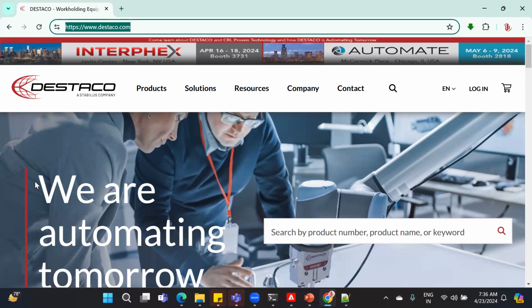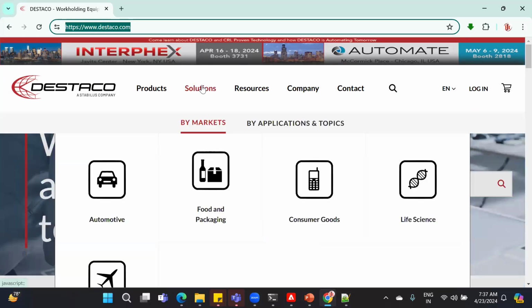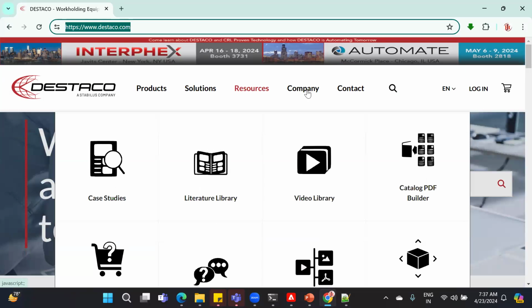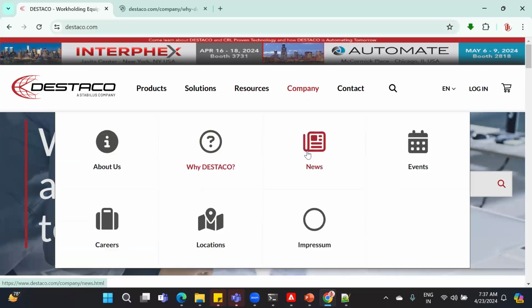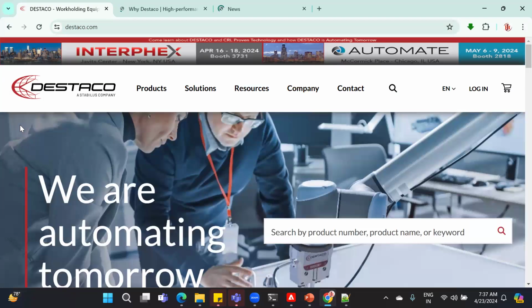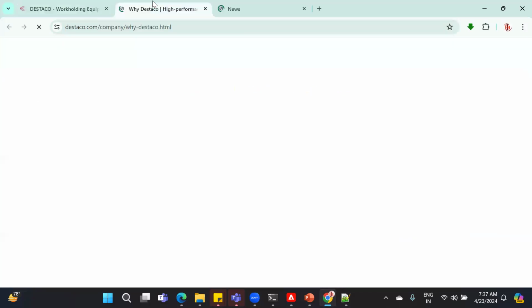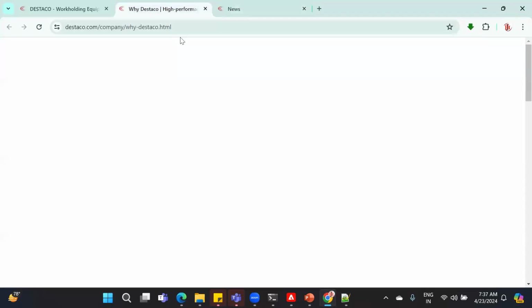Template level content is a global content. For example, this header is a global content, and this header is common across all pages. If you go to the solution pages or resources pages or company pages, and compare these pages, the header will be the same. See, the same header is rendering. If any content is the same across all pages, rather than defining that content at page level, it is always recommended to